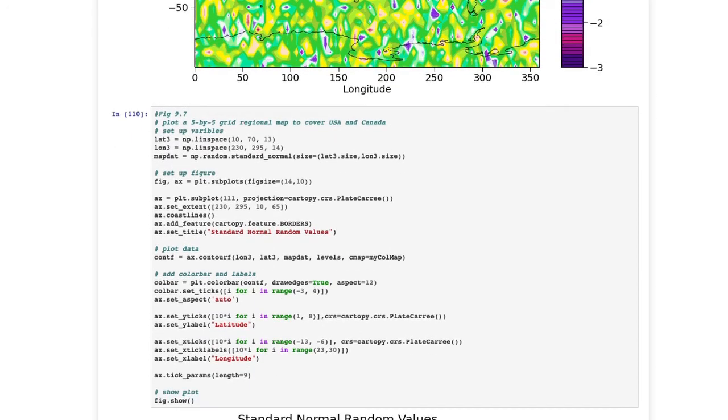Let's go ahead and set up our variables. We're going to set up a lat3 variable that is going to represent our latitude, a long3 variable that represents our longitude, and our map dat, which represents the standard normal data that we are going to plot on our contour map. Setting up that figure using that Plt Subplots function, we can now go into the subplot dictated by